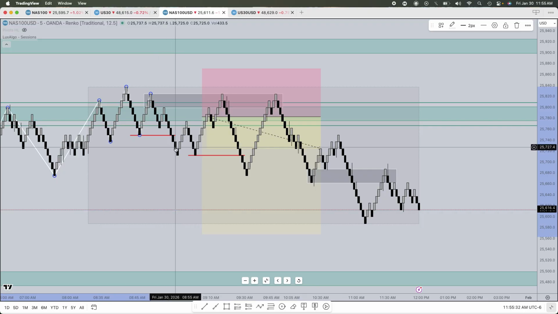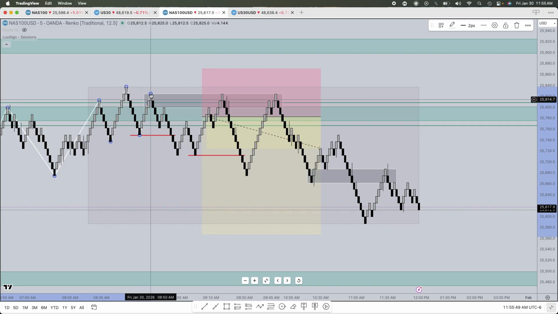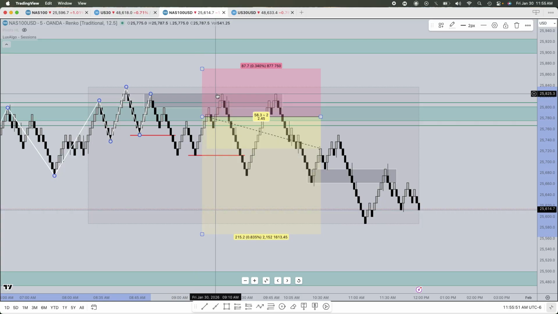Now I can start looking for an entry, but I need price to go back into my 5 minute area of interest before I can do that. So it came up right here, didn't quite go all the way up where I needed to, perfectly fine. It dropped, and then it decided to give us that move that we're actually looking for. So it came up here to this area of interest, and again, this came from this swing point. And now once I got two or three wrinkles to go away from this area,